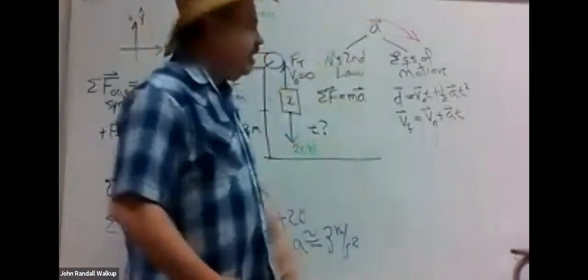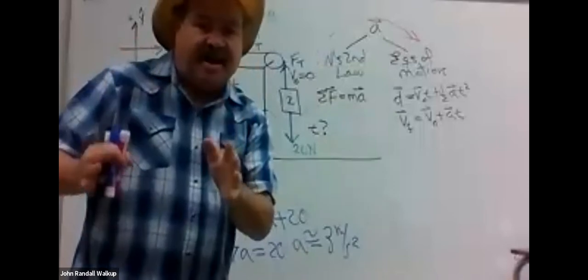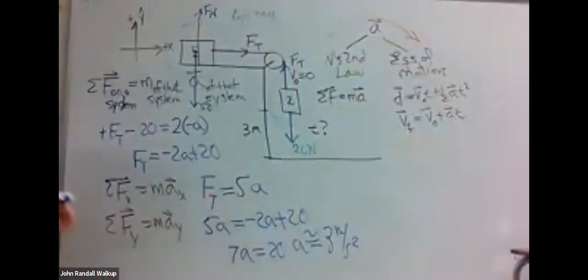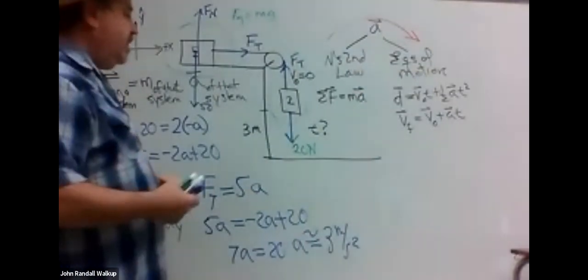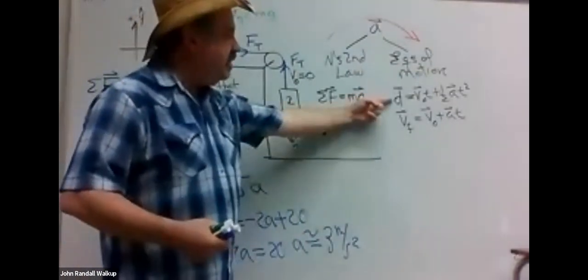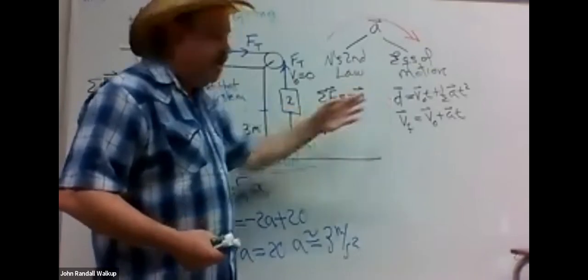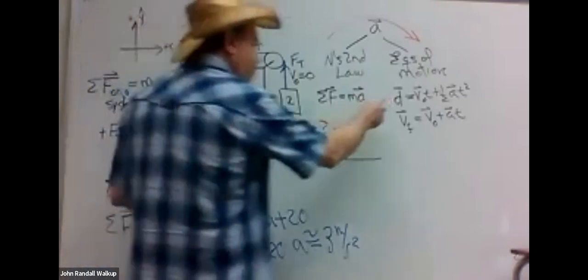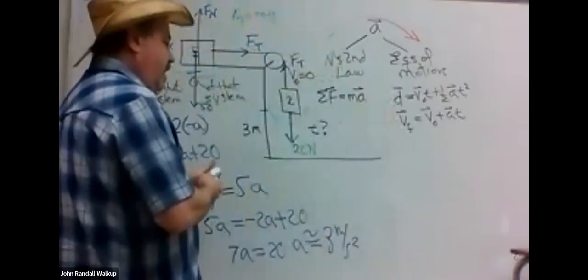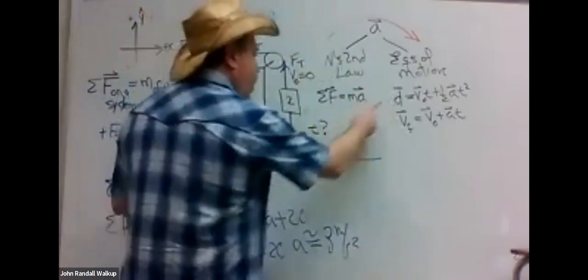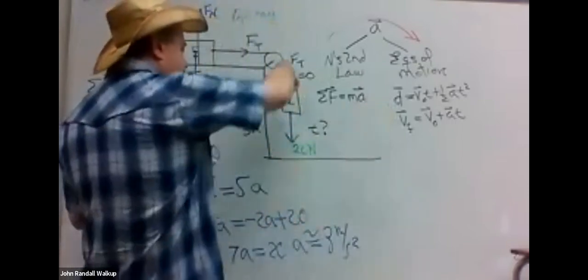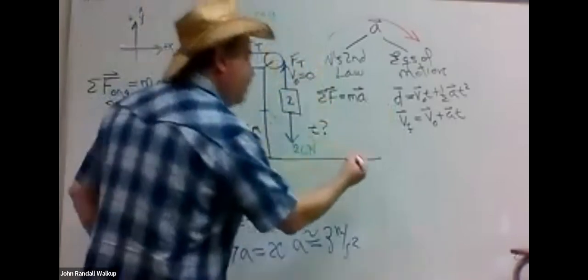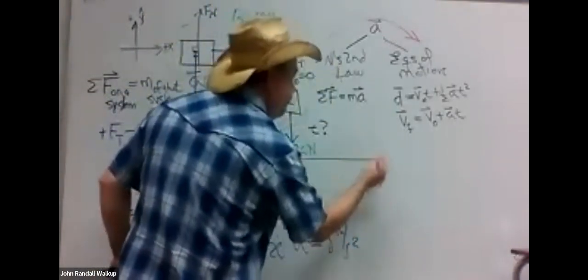I found the acceleration. How do I finalize the problem? By applying the equations of motion. So now I look at this and think, well, let's see here. This equation here would look pretty good, I think, because I have a displacement. So now I go ahead to this equation. And I say, what is the displacement? 3 negative. Object is descending. So I get -3